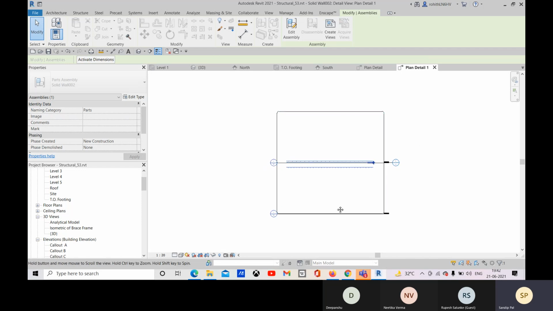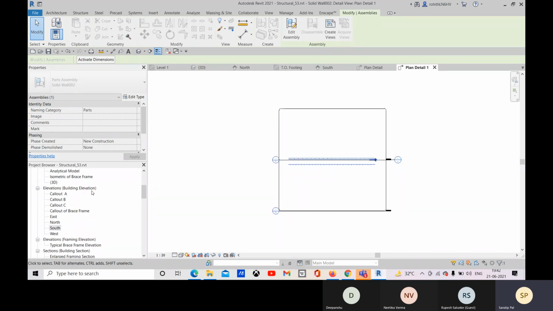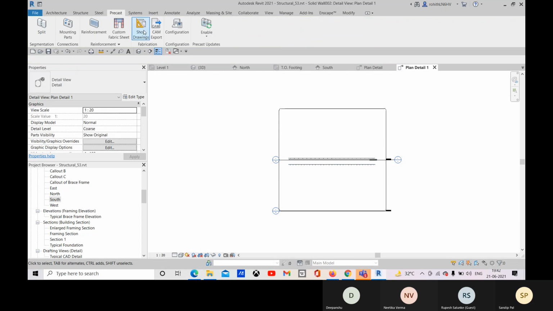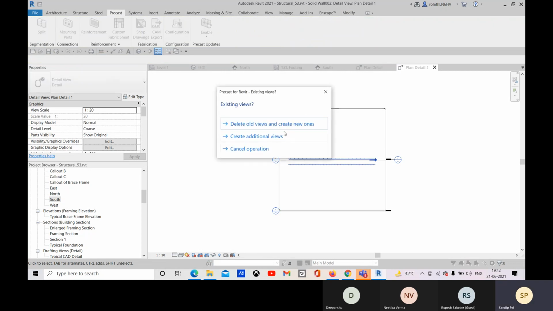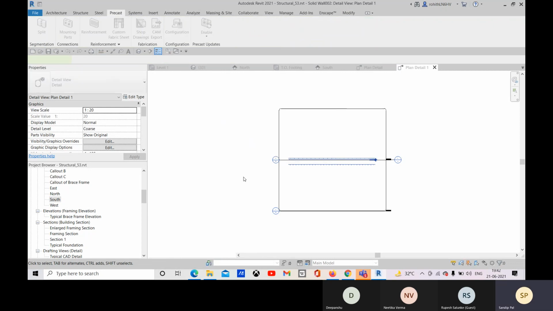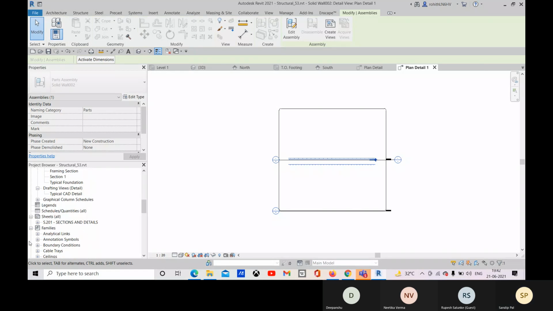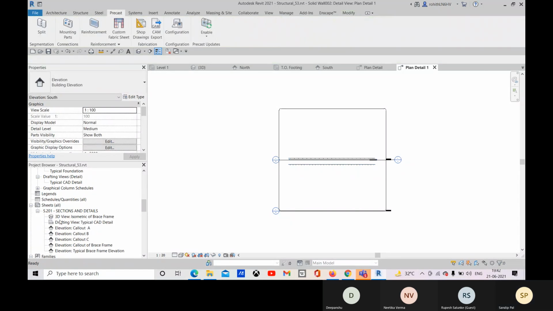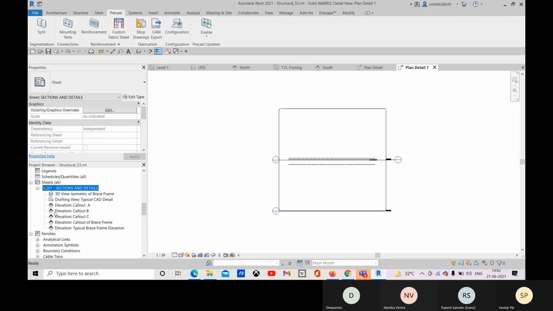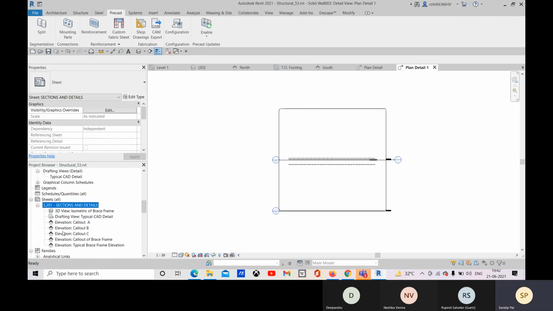This is the plan detail. Okay, so that is already created. Just a second.